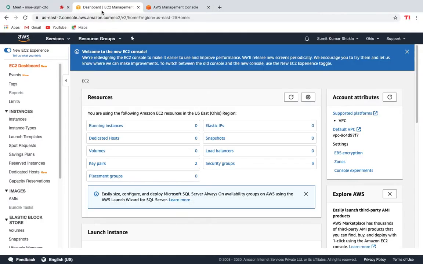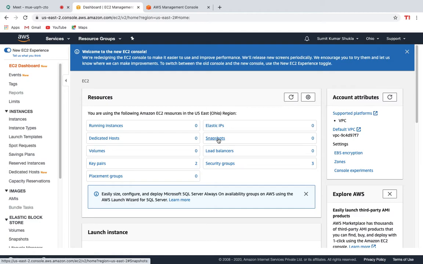So guys, this is your console, right? EC2. Whatever instances you have, you will see here the running instances, their volumes, key pairs, placement groups, and snapshots. A snapshot is something you can keep to show someone your virtual machine. Many times a college gives a project to create a virtual machine. Ethical hackers always create a virtual machine and work on that, so that you cannot easily get trapped by your IP address. This is an advantage of a virtual machine.